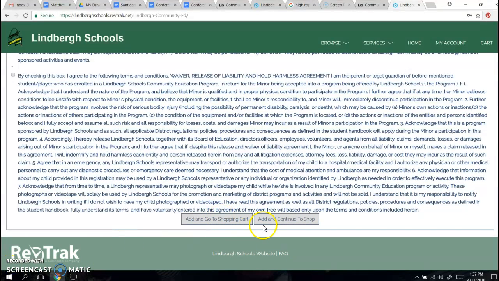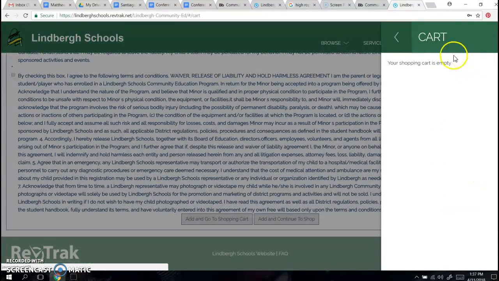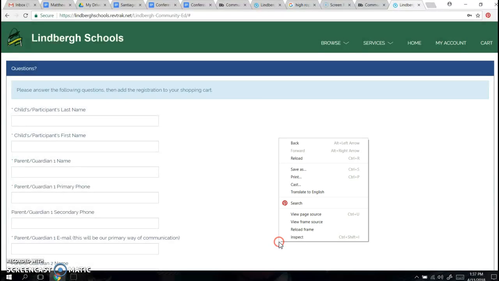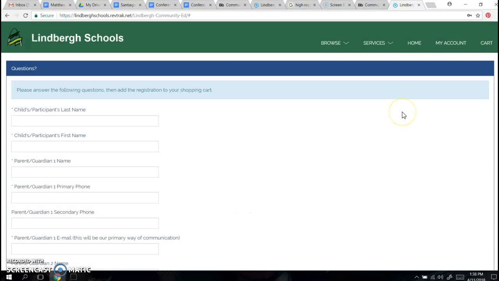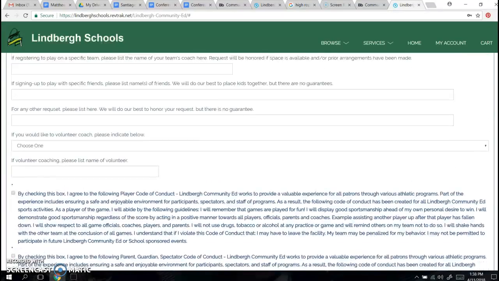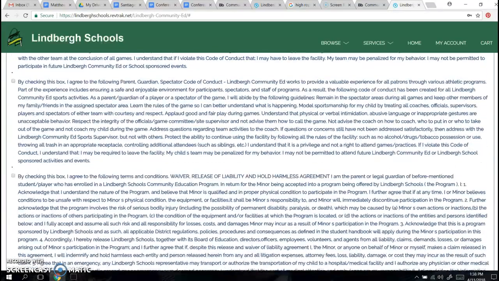You will need to add and go to your shopping cart, or if you want to add more classes, add and continue to shop. Once you add it to your cart, you'll need to come up here and click cart, and then proceed and pay for that class. Let's see if I can. It doesn't look like I'm able to do it without adding my daughter to the class, but I think this gives you a basic